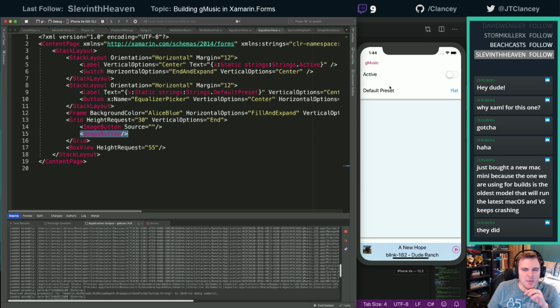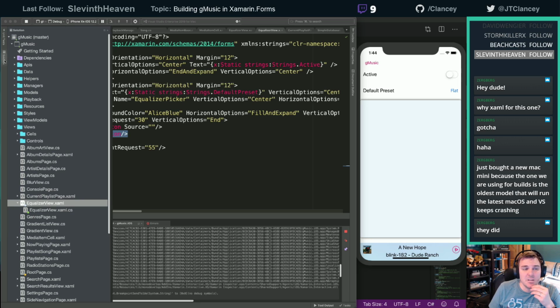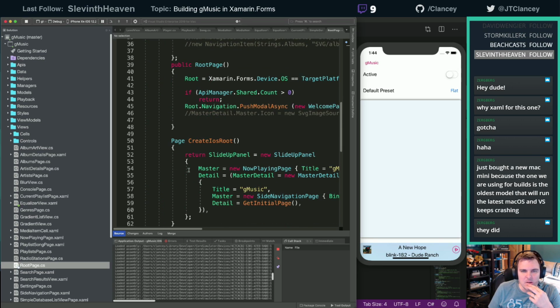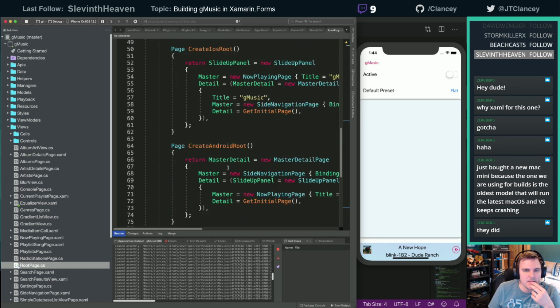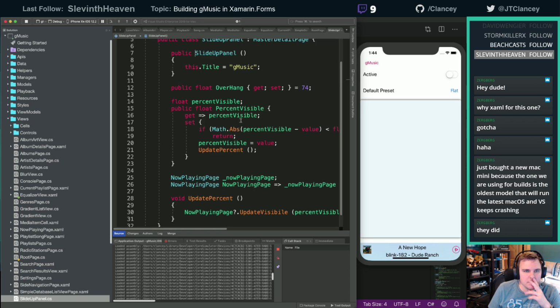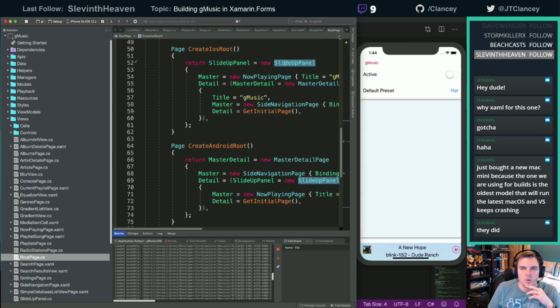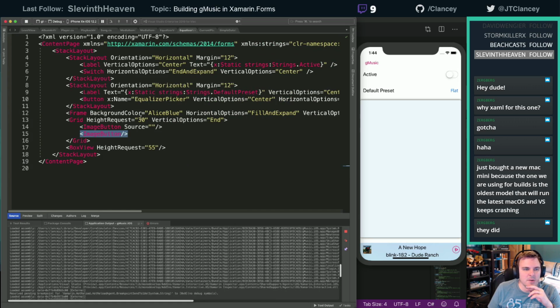And I think I have that programmatically somewhere. I don't remember where that's at. But I think we have something that we can grab to set that. Slide up panel overhang. It's at 74 right now. So maybe we'll programmatically set that. But for now,